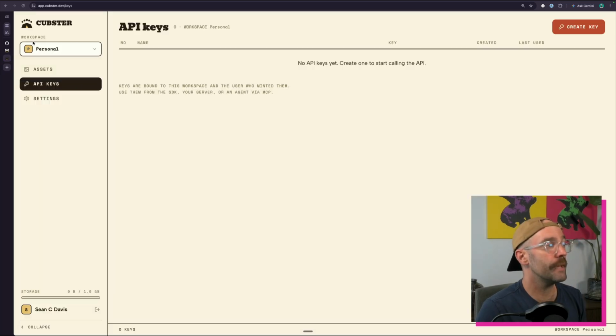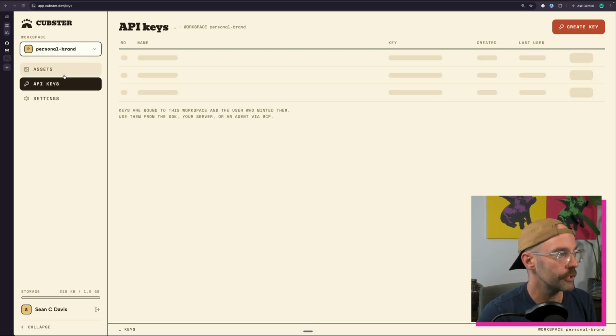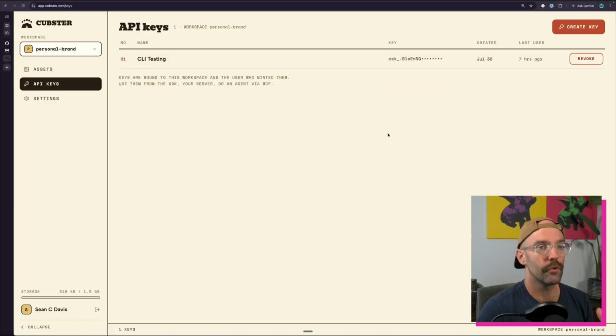Now you can do the same thing on app.cubster.dev right now. But it's going to throw you on a waitlist. So by default, you get these different workspaces when you sign up for the application. And so I can create this personal brand workspace right here. And then you create API keys to interact with the API. So there are a lot of different components here. So there are all these, well, I say all these, right now it's two